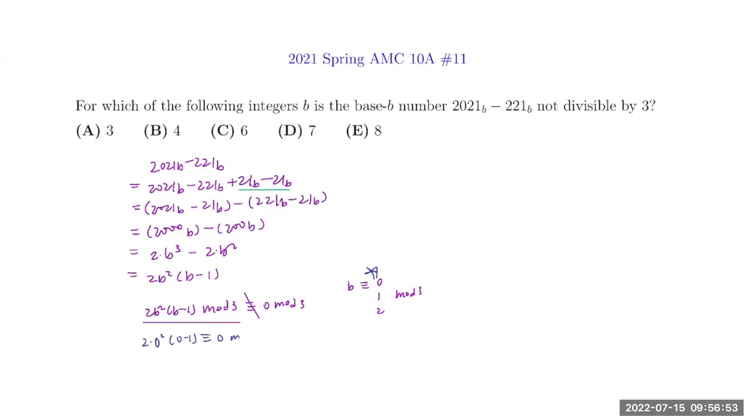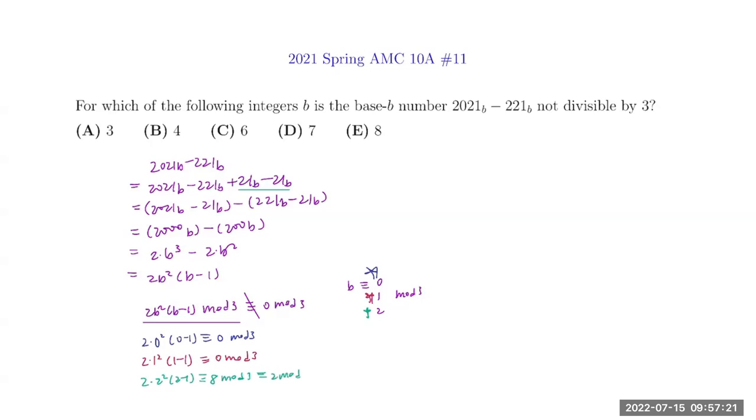to 0 mod 3. Okay, and then next we take a look at our condition with b congruent to 1 mod 3. That would lead to 2 times 1 squared times 1 minus 1, which is congruent to 0 mod 3. And lastly, we have to consider b congruent to 2 mod 3. 2 times 2 squared times 2 minus 1 is congruent to 8 mod 3, which is congruent to 2 mod